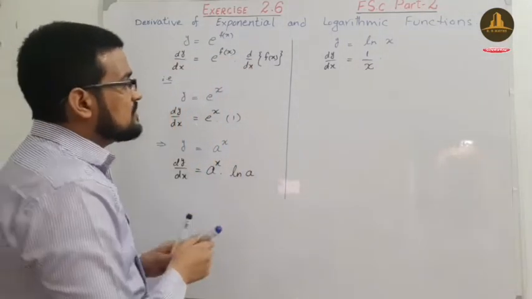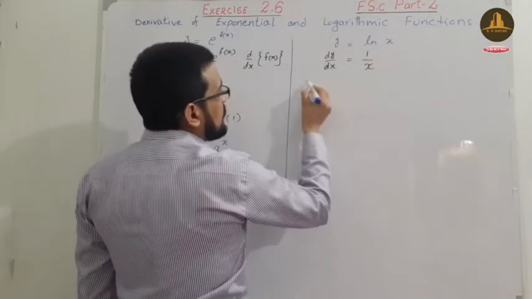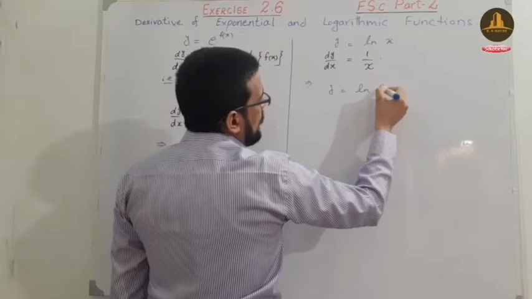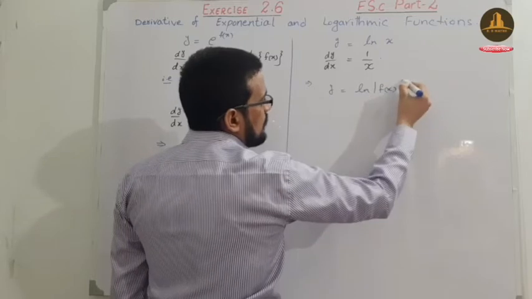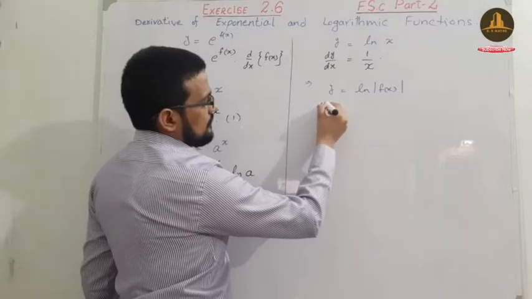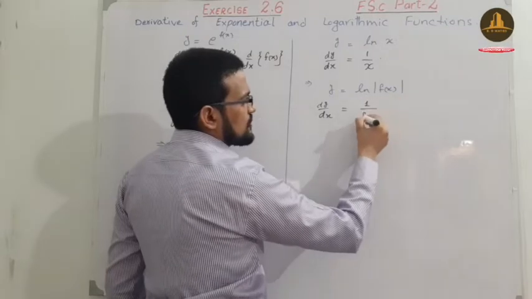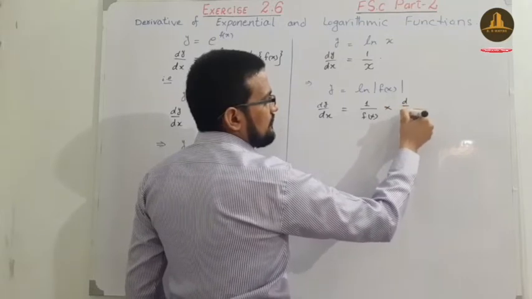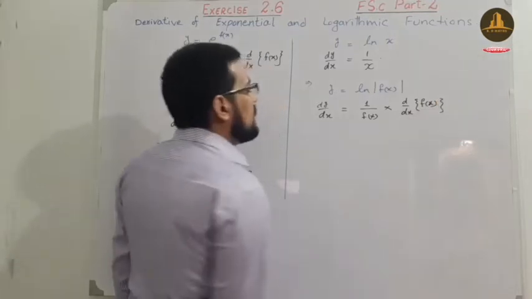So it means when ln of any function appears, for example y is equal to ln of any function, the derivative will be dy over dx is 1 over the function, multiply with the derivative of f of x. Okay,